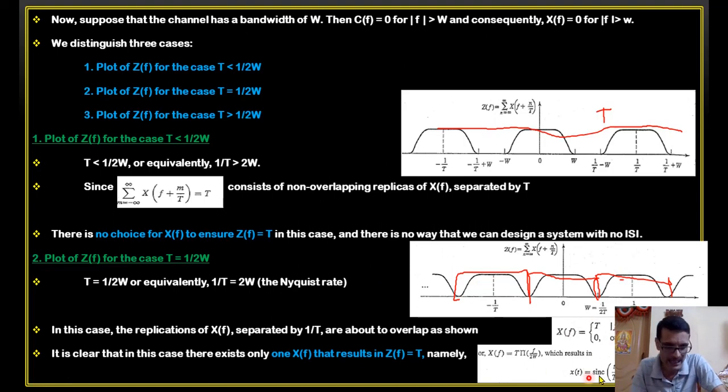In the time domain, I'll get this particular equation, that is a sinc pulse, sinc of t by T, that's what I'll get. This is the frequency domain, right? X of f equal to T. This is T, right? When I sum together, I get a T. In the time domain, when I take an inverse Fourier transform to this, I get x of t equal to sinc of t by T. How to get that?